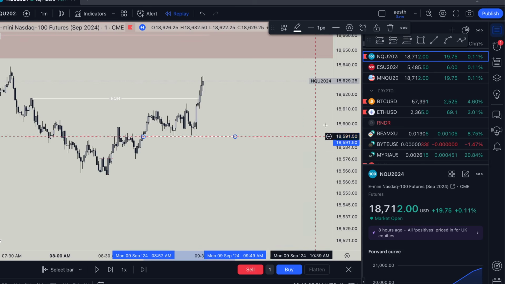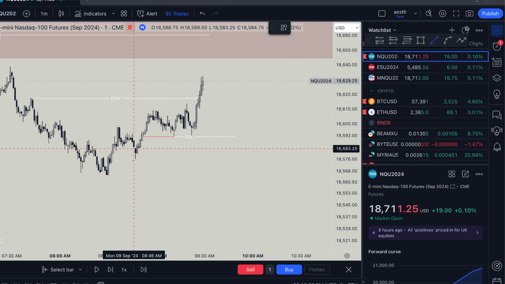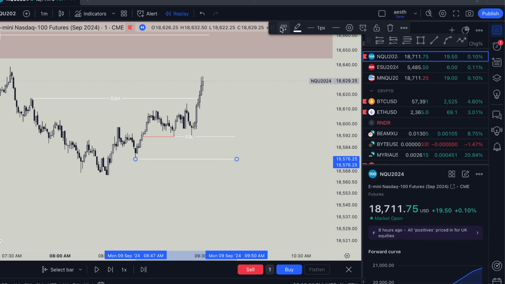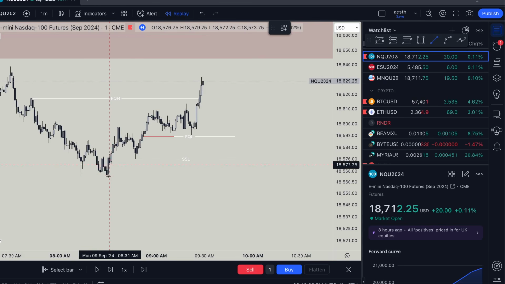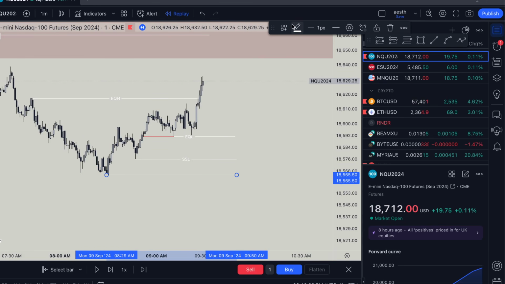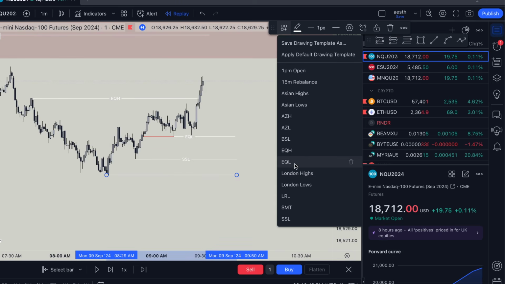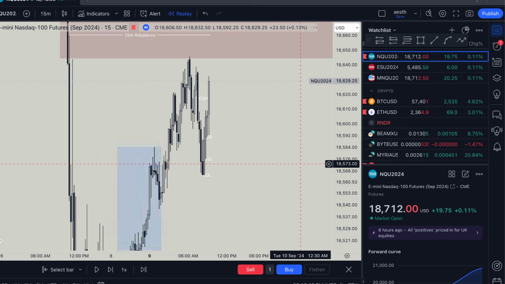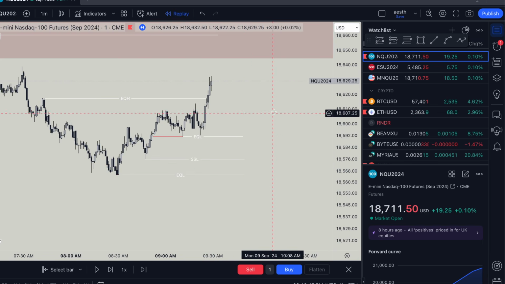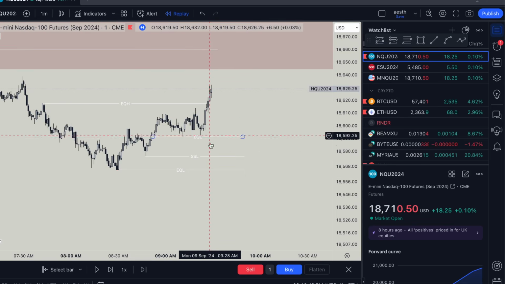shorts. We have these equal lows. We have clear sell side level right here. On top of this, below this technically, we have equal lows once again. So very blatant sell side liquidity that we have here. And let's see what happens.